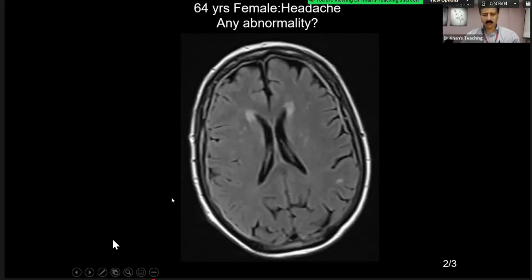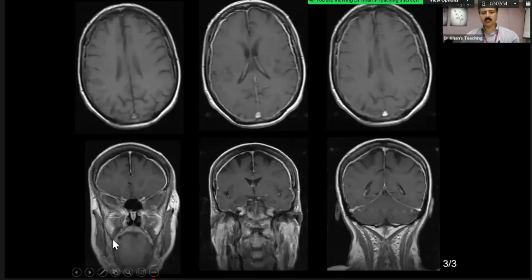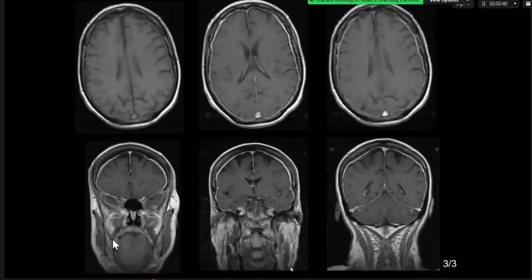Right. Okay. So what do you think now? What will you do next? This is the exam question, by the way. I would do a contrast enhanced MR. So here is contrast. Yeah, so I suspect on the FLAIR sequence there is pachymeningeal enhancement of the brain. So yeah, so differentials of this would include intracranial hypertension.